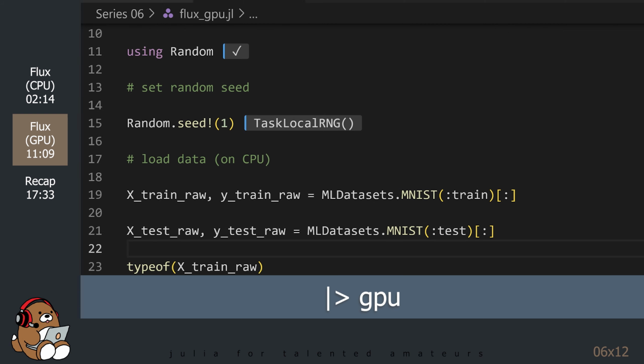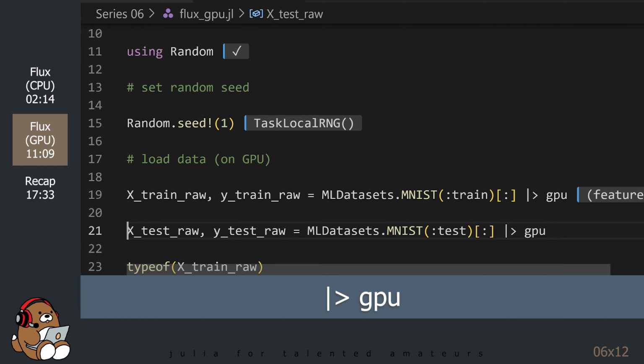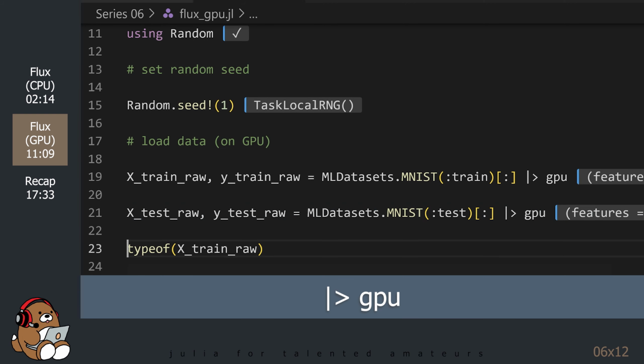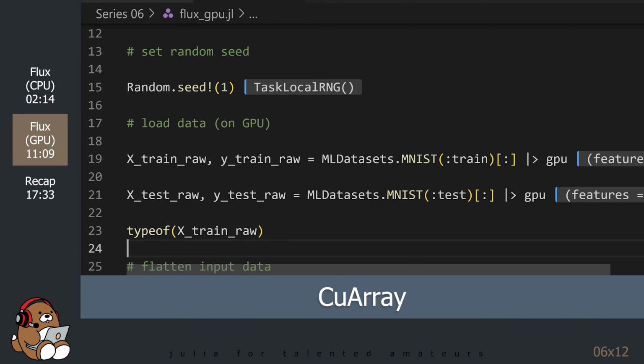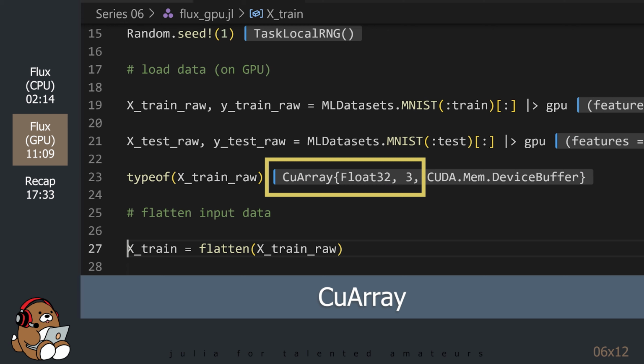Before you load the data, you need to include some syntax to load this data onto the GPU. You can do that by using the pipe operator, followed by gpu. Notice that this data has been loaded as 3-dimensional CuArrays with elements of type Float32.